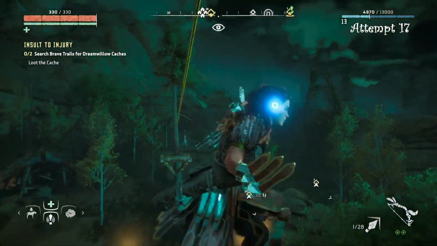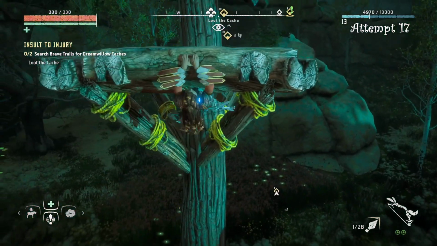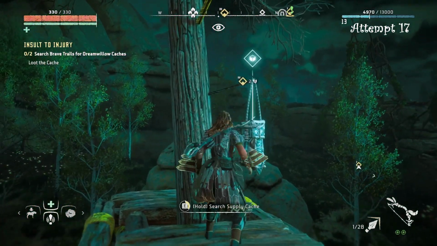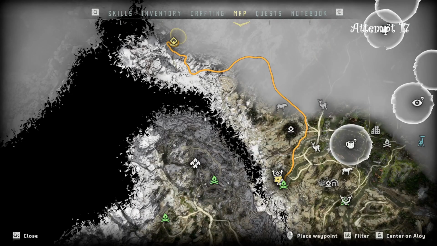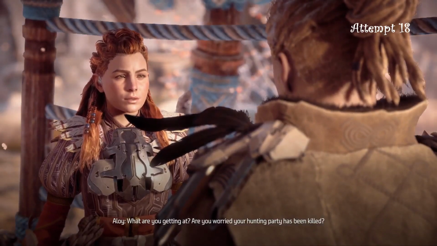On attempt 17, I decided to explore some more into the quests, finally picking up 1 stash of the possible Dream Willow, and of course we found none, and then in the second stash, nothing. But apparently we can travel way out of our way to go talk to our friend, so we will be doing this another time. Attempt 18, we find ourselves at Mother's Crown, and a lot of things happen here, so